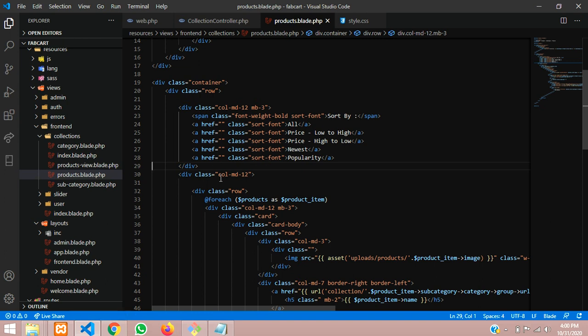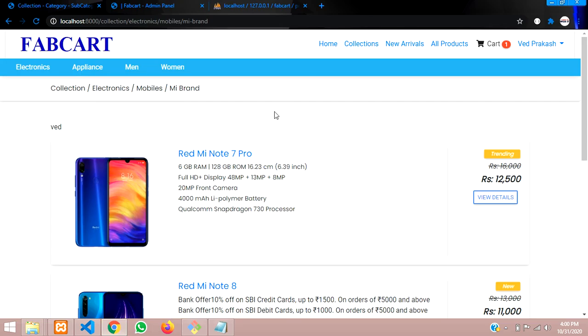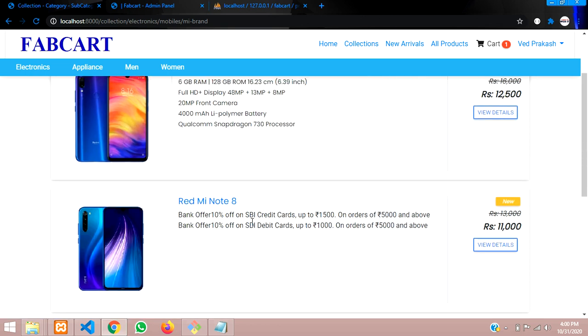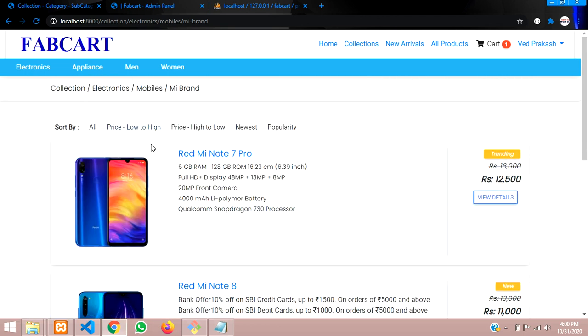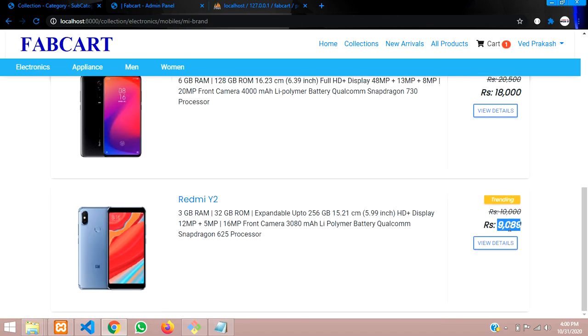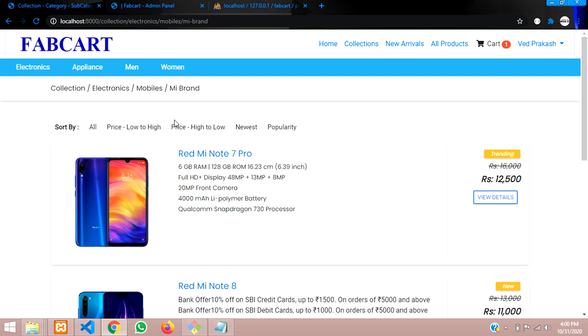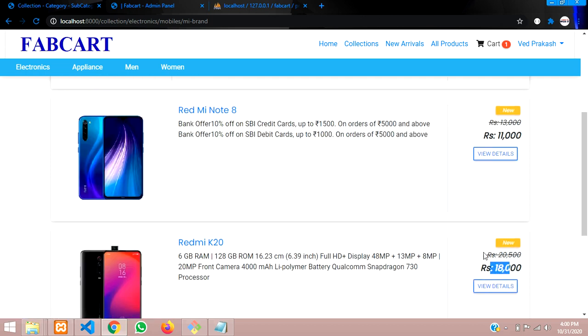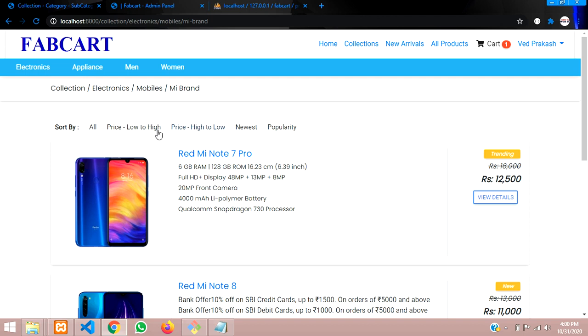Now I just want to show you how we are working with it. Let me execute this output. Let's reload this page, or hit Ctrl R, so your page will be designed. Cool. Now you can see that everything is working fine, right? Now I wanted to filter. All means the default way it is fetched now. Coming to low to high, the price will be sorted from the lowest price. The lowest price among these is 9,000, so 9,000 will be at the top. Then high to low, the highest is 18,000, so this one will be at the top. So these functions we are going to start.